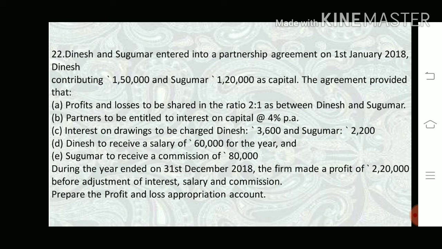So old partners capital account க்கு இது நம்ம ட்ரான்ஸ்ஃபர் பண்ணுறோம். The profit transfer to partners capital account. So தினேஷ் ரேஷியோ பிரகாரம் நம்ம பிரித்து கொடுக்கணும். 75,000 தான் நமக்கு என்ன கிடச்சிருக்குது, ப்ராஃபிட் கிடச்சிருக்குது. ஸோ ரேஷியோ பார்த்தீங்கன்னா